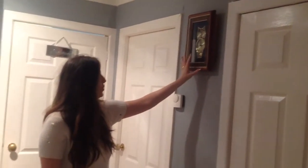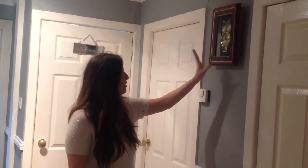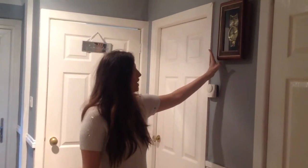So over here you'll see this clock. It looks like an owl, and it actually belonged to Stephen's gran. It's very fragile, and in our last flat it fell off the wall a couple of times, but yeah, it's very precious to us. We've got a telephone there, and if you come down here,